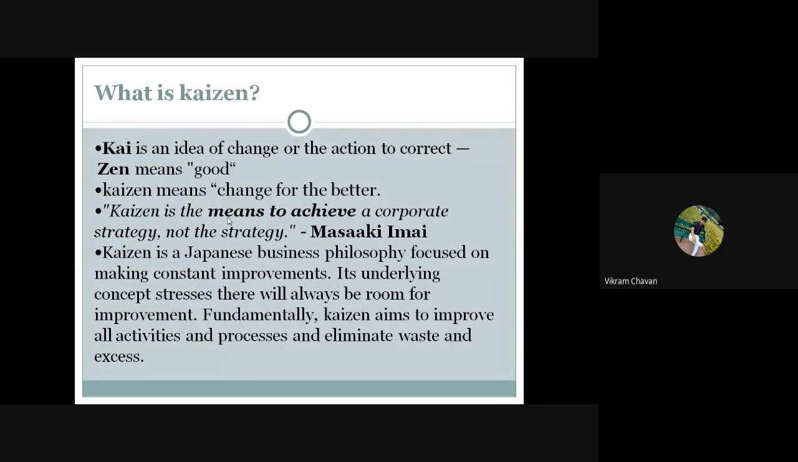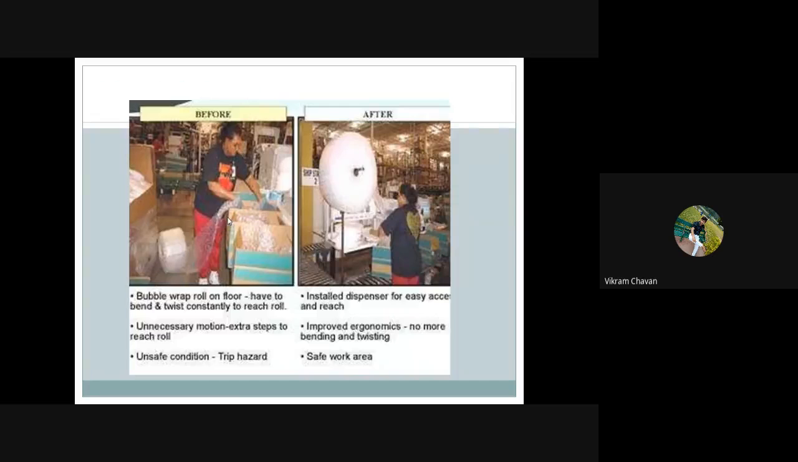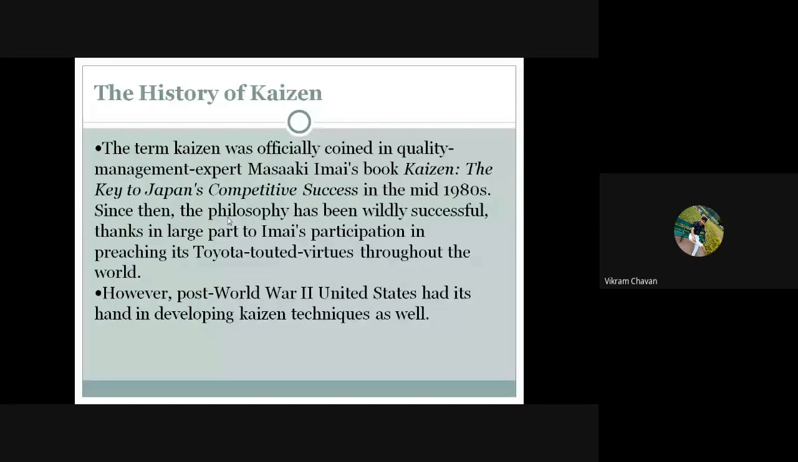Fundamentally, Kaizen aims to improve all activities and processes and eliminate waste and excess. Okay, full stop. Okay, so you will get n number of examples